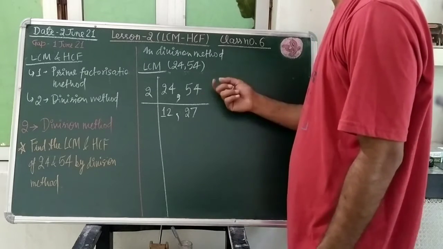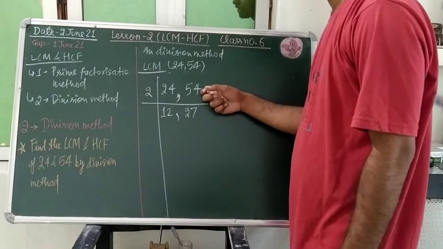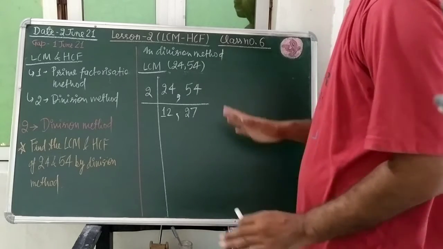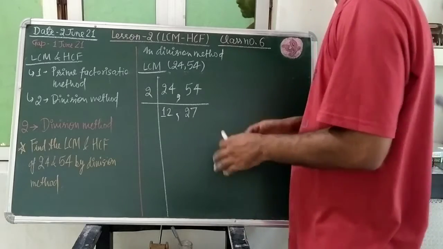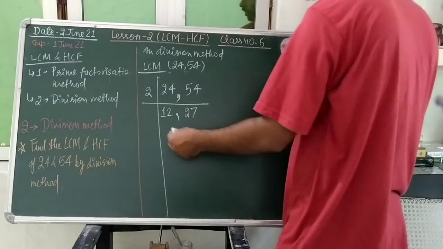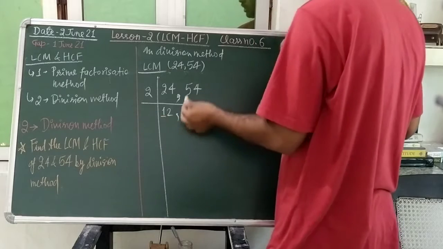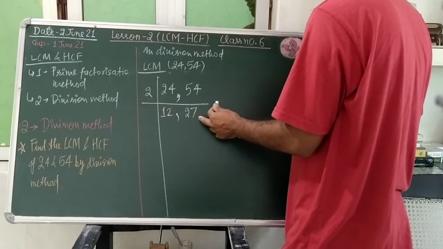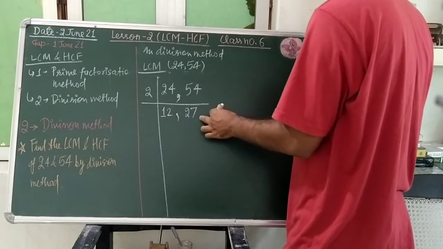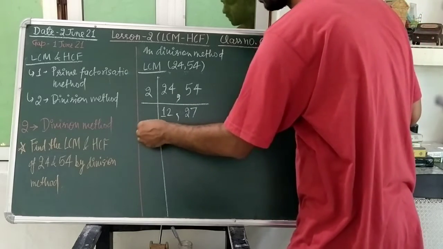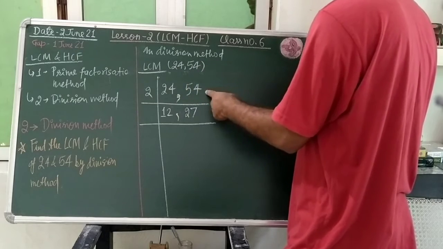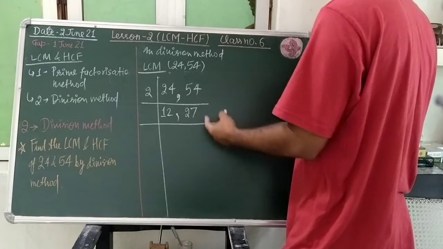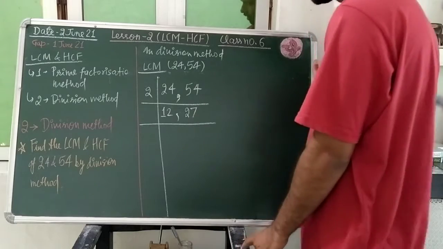Immediately how can you say? Because at the unit place 4 is present, which is an even number. That is why I told you about divisibility, all these things in the number system, so that you can become quick. So it is going to divide this 54, 27 times, so 27 you will write here. When you divide 54 by 2, you get quotient 27 and remainder 0, so that quotient you will write.